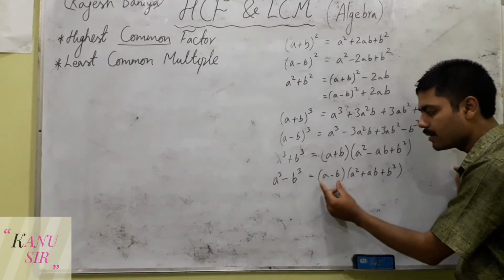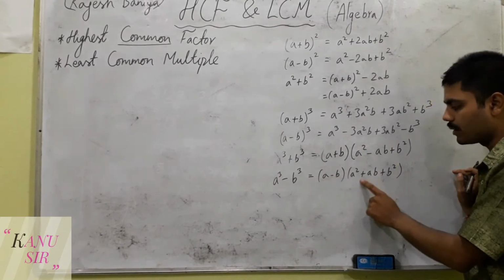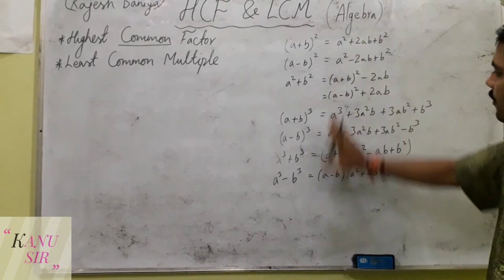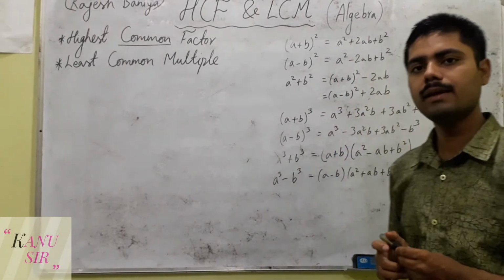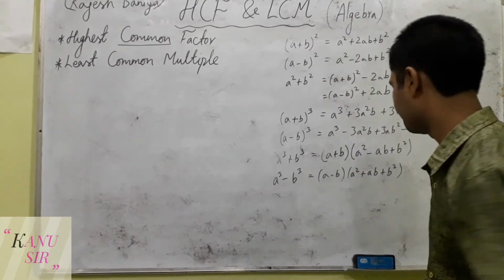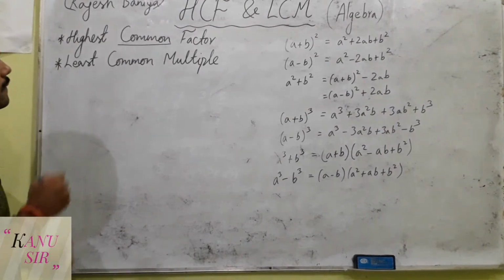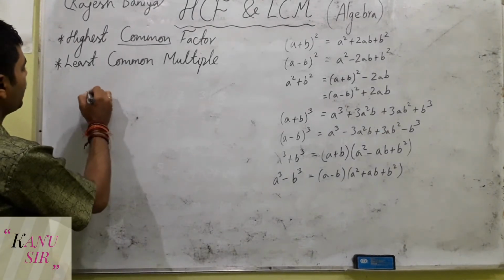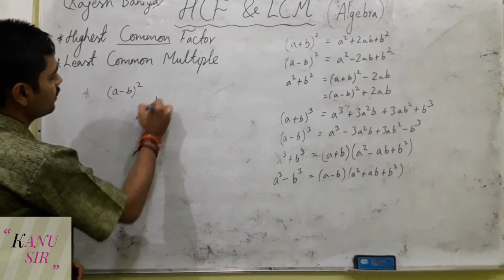If there is minus in the smaller term expression, then there will be plus in front of ab. These are the formulas that are required for you while solving the questions of HCF and LCM related to algebra. Now let us take one very common and easy question from algebra, that is a minus b whole square and